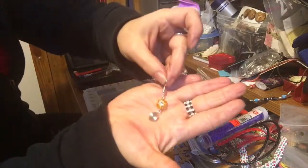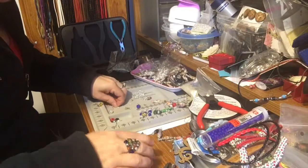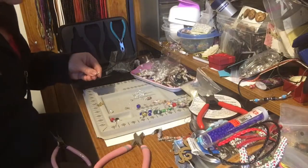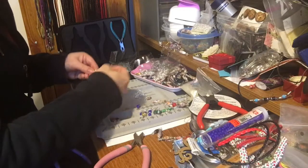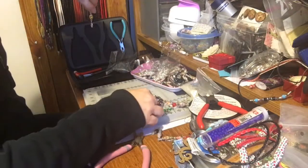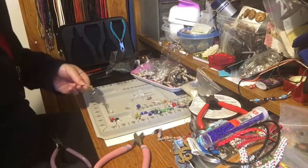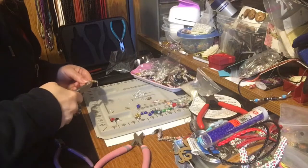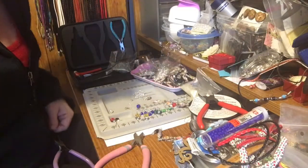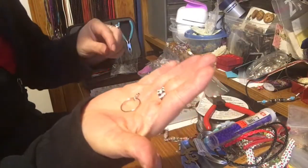There it is. Isn't that cute? So we've got another set of earrings. That was 8. Okay, so which one are you? Okay. There we go. And we've got 8. Earring number 9. I got these neat little things